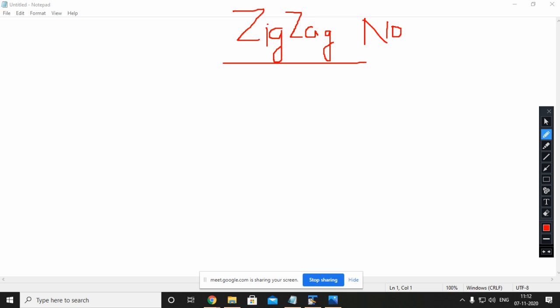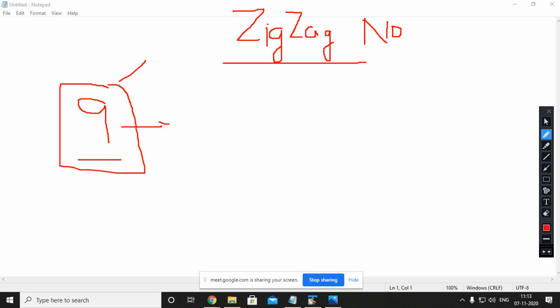Simple question. Now what are we supposed to do in this question and what is a zigzag number? Suppose you have entered a number.